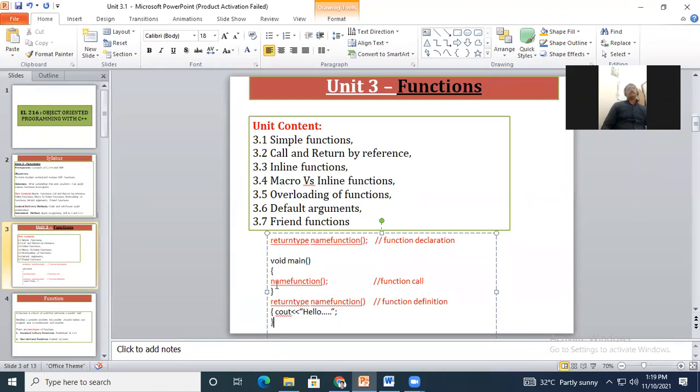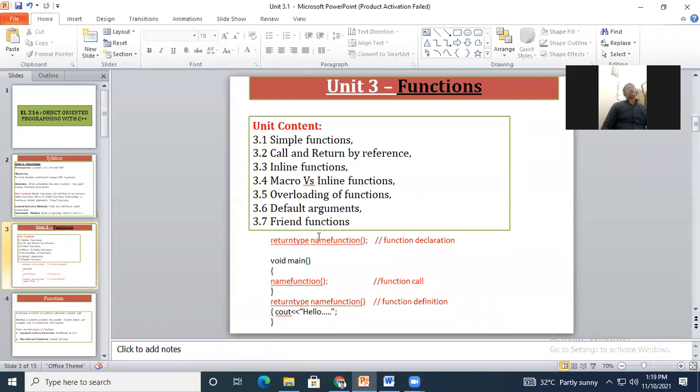Main function मध्ये त्या फंक्शनचं तुम्ही काय करायचं, फक्त नाव लिहायचे, and don't forget to give a semicolon, because in C and C++ every sentence ends with a semicolon. Don't write return type when you are calling the function. Function call करताना return type लिहायचा नाही, just mention the name of the function which you need to call.